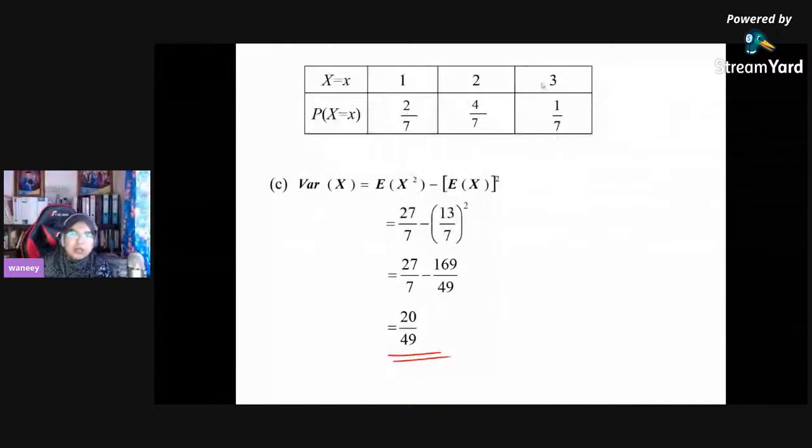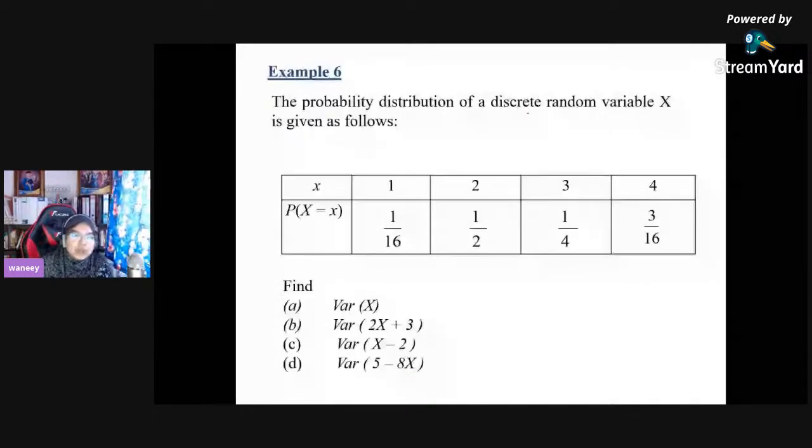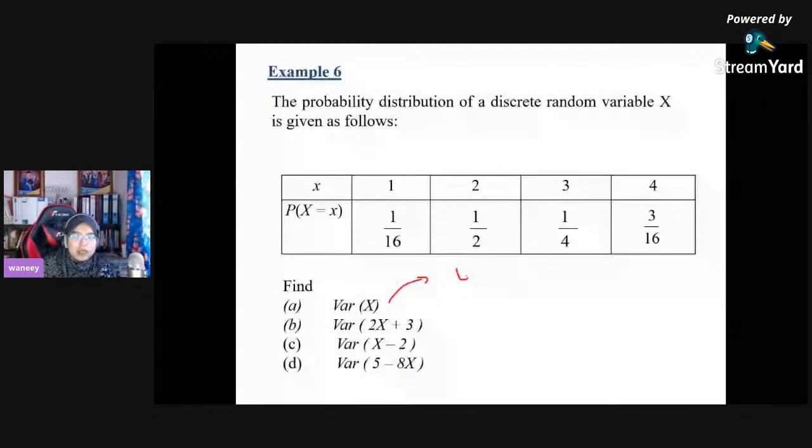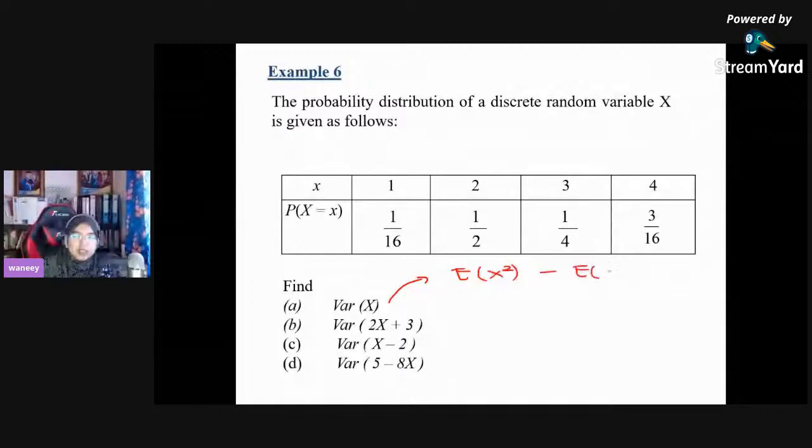Okay, so now example 6. The probability distribution of a discrete random variable x is given as follows. So we have x: 1, 2, 3, 4, and then p of x equal to 1 over 16, 1 over 2, 1 over 4, 3 over 16. And now the first one, the question asks for variance of x. Of course, you have to refer to the formula. Variance of x is simply equal to expectation of x squared minus expectation of x